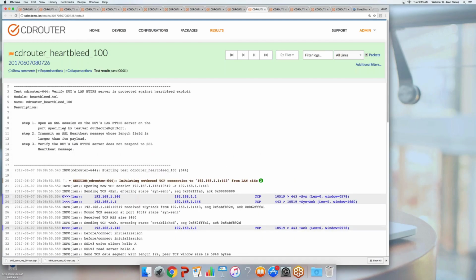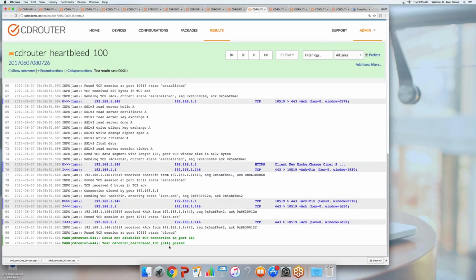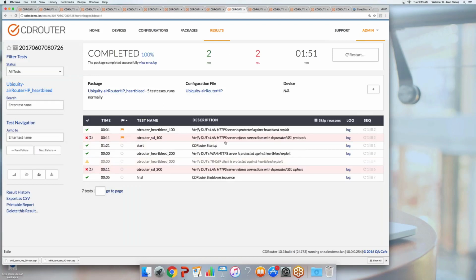And then, if you see the steps here, it'll try to transmit a heartbeat message whose length field is larger than its payload, which was the origin of the original attack, and then make sure that the server does not respond to that message, and it does not here. That one's not that exciting, but